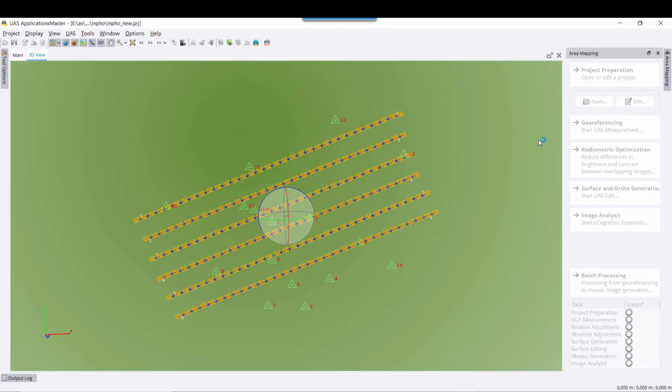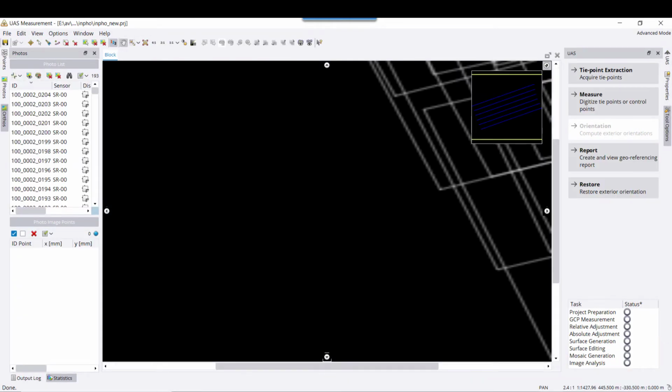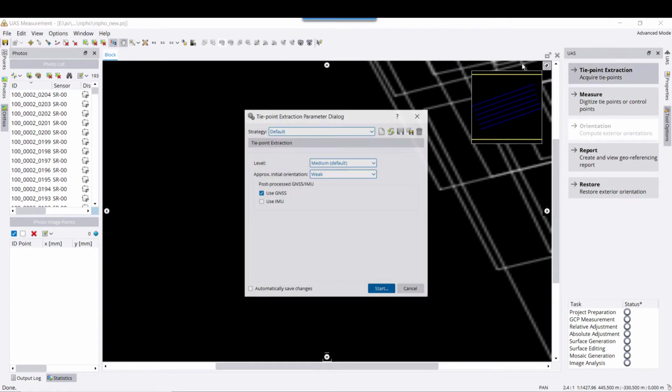So we're basically ready to start the georeferencing tool. And the first step here is to create tie points. There are some parameters here for tie point matching. For now, we take it at weak and medium, which is good enough. If you want to have a higher precision, you can go to high level, which creates more tie points on